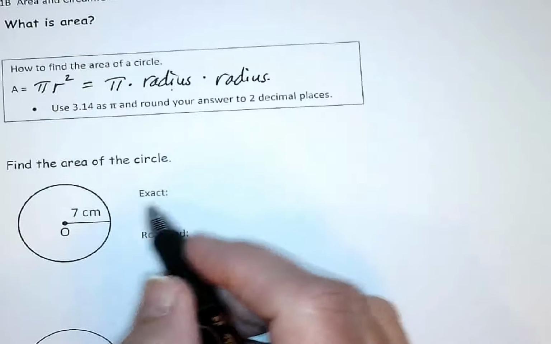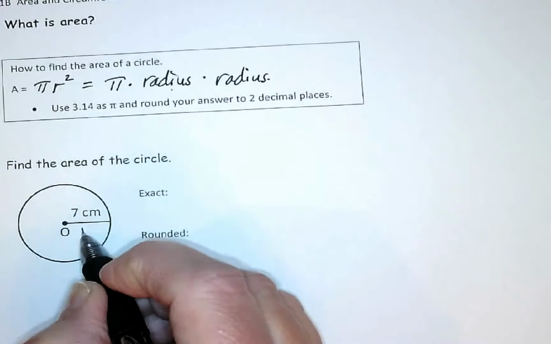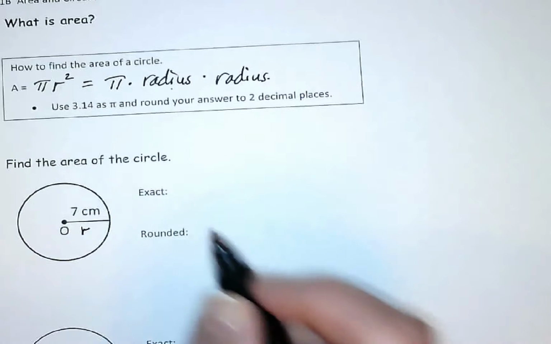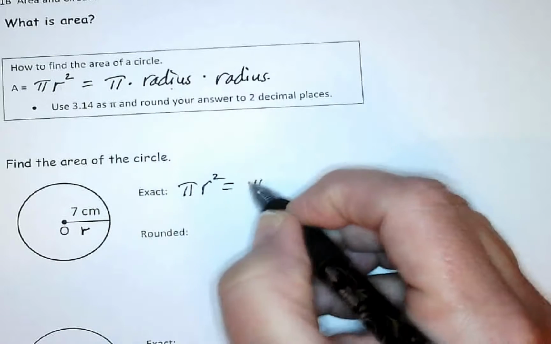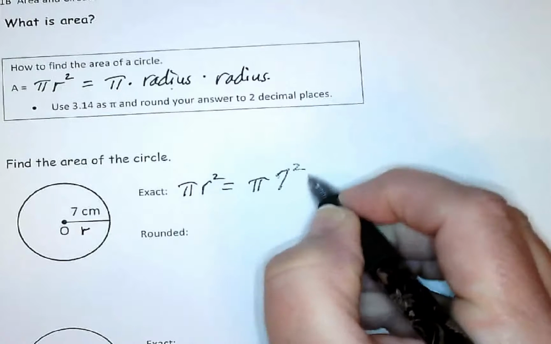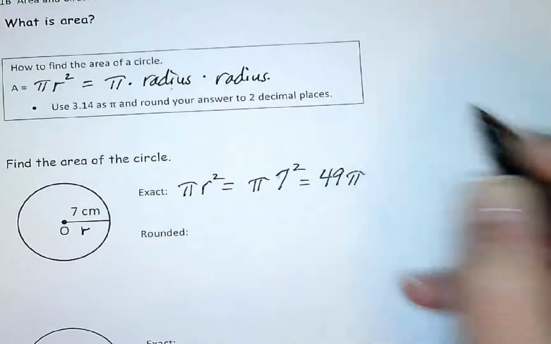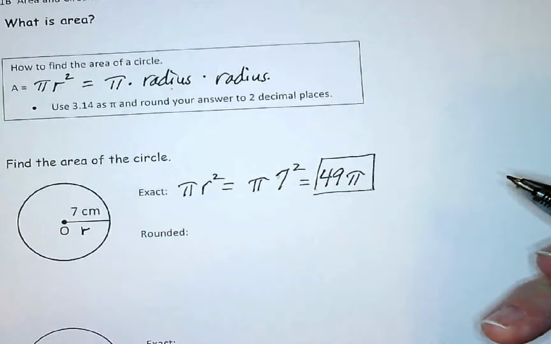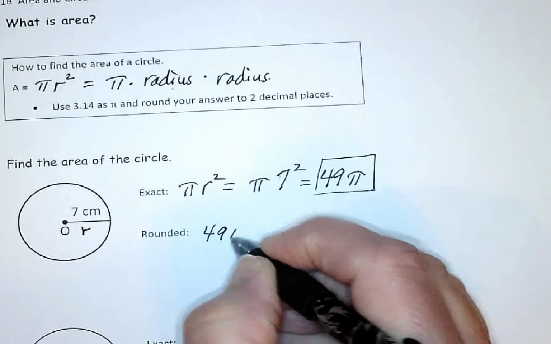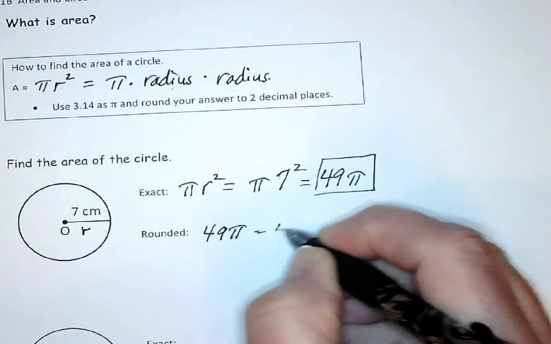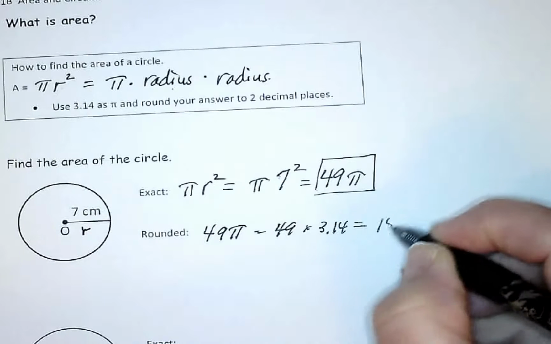So find the area of the circle, the exact one. The formula needs the radius. When I look at this circle here, the 7 is the radius. So the formula, pi r squared, is going to be pi 7 squared. I'm going to do that number first, so 49 pi. That would be the exact answer. The rounded answer would be when I take 49 pi and I actually multiply it out. So 49 times 3.14 is going to give me